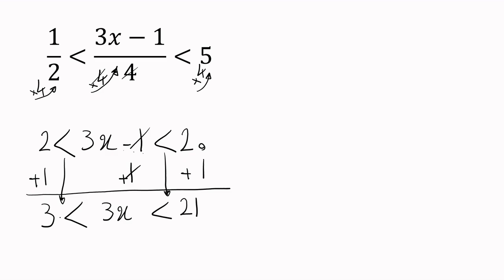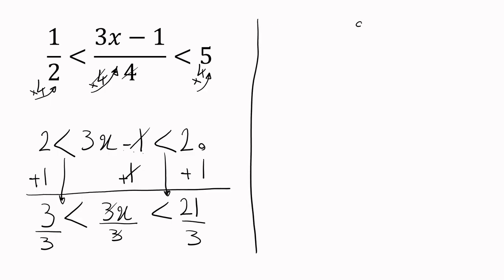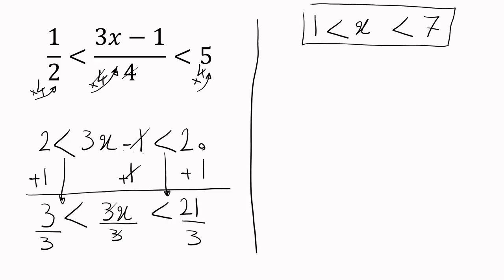For the next step, the only thing that I need to do is dividing all sides by 3, because I want to make the coefficient of variable 1. If I do that, these two are going to cancel each other out. And finally, I'm going to write the rest here. X is greater than 1 and less than 7. Really easy. And if I want to show that on a number line,